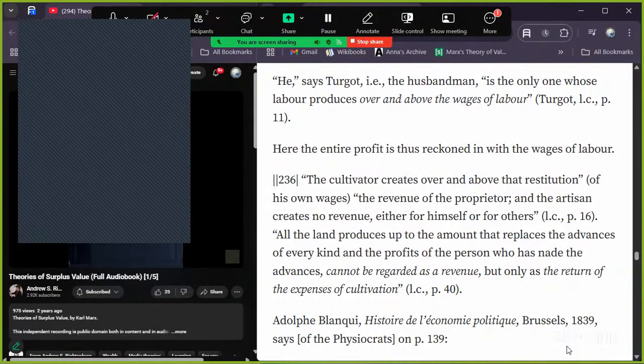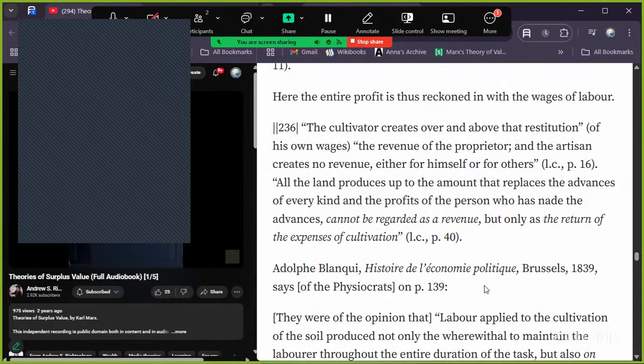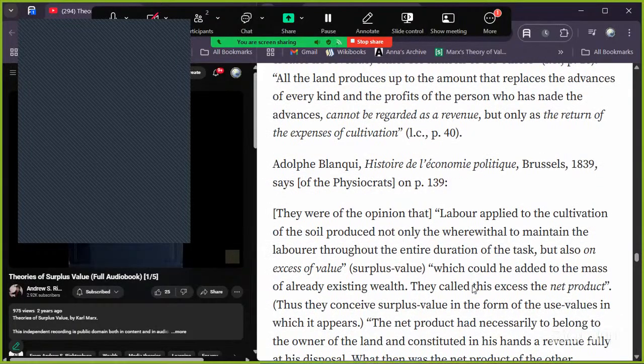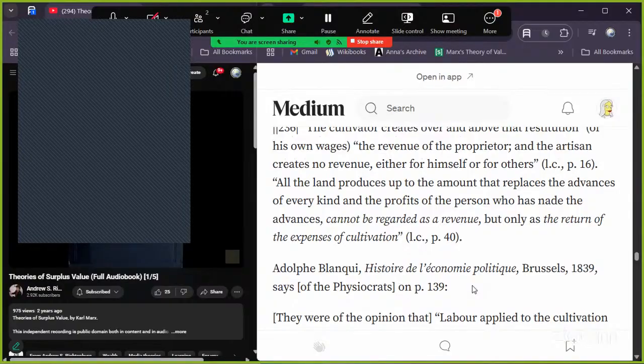Quote, "The cultivator creates over and above that restitution of his own wages, the revenue of the proprietor, and the artisan creates no revenue, either for himself or for others. All the land produces up to the amount that replaces the advances of every kind, and the profits of the person who has made the advances cannot be regarded as a revenue, but only as the return of the expenses of cultivation." Adolphe Blanqui says in his History of Political Economy, quote,